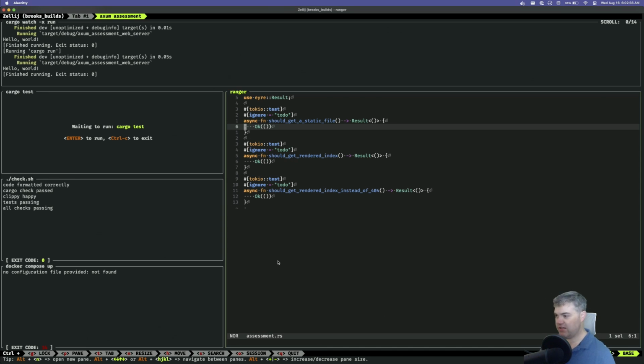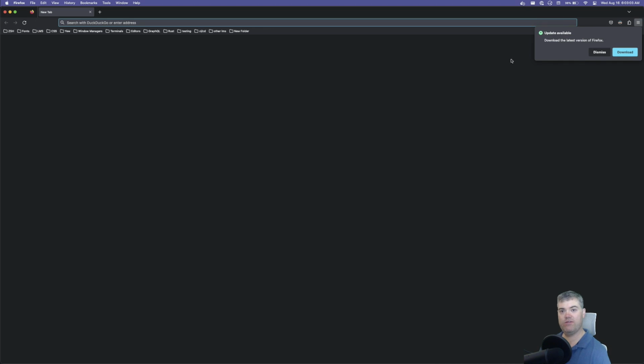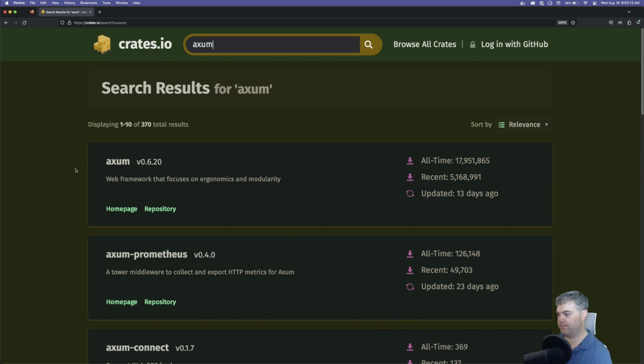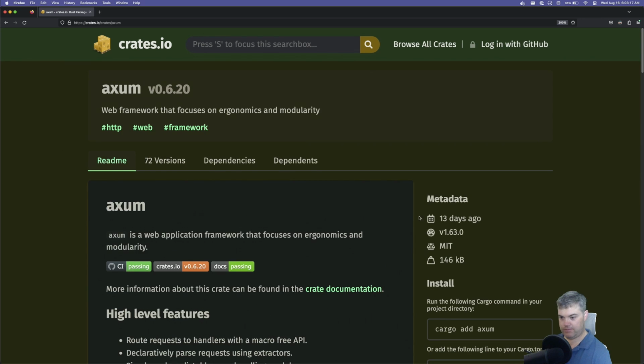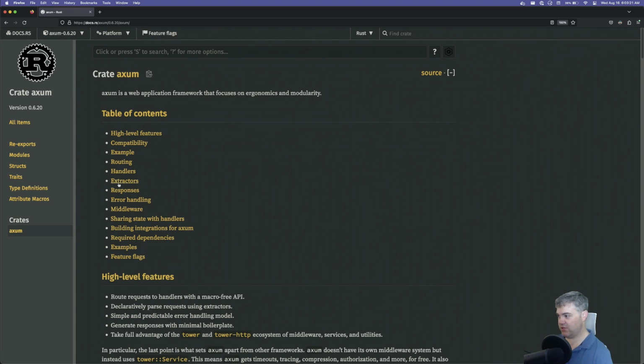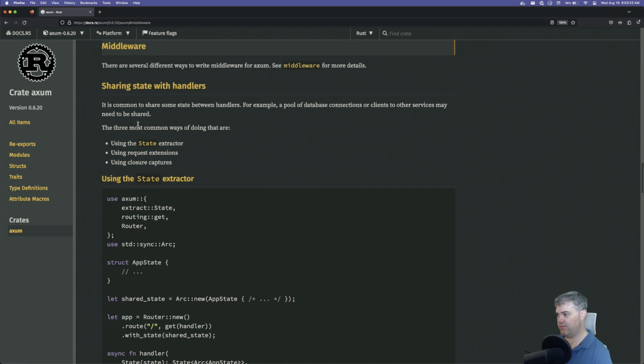Let's take a look at what that Tower HTTP middleware suggests for this, because I know that there's a static file server middleware in Tower that we can use. That's been the suggestion the entire time. So let's go find middleware,